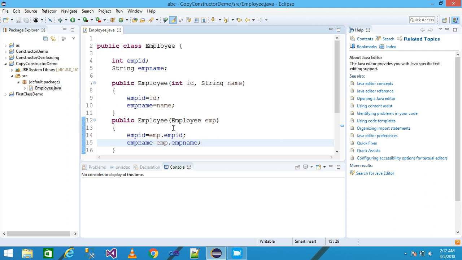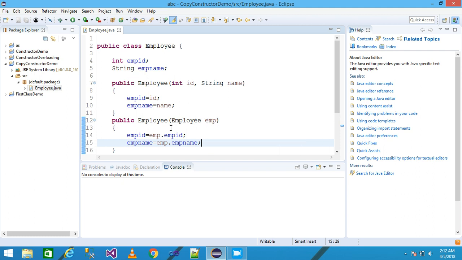Look here, this is the copy constructor because, as I defined previously, a copy constructor takes one argument, that is a reference object of the same class. Here my class is Employee, and I pass the object of Employee as emp as a reference.